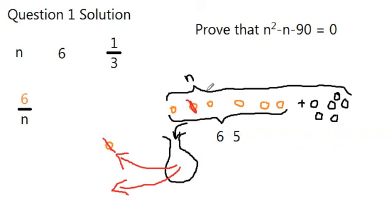Yep, so it turned into 5, and n turned into n minus 1 because the total number of candy reduced. So now, after we change all those values, we have a different probability of getting an orange sweet. Because there are only 5 orange sweets now, there are 5